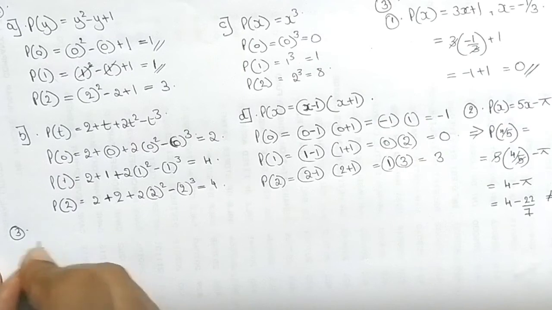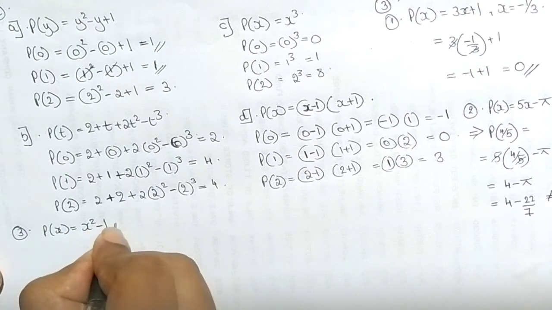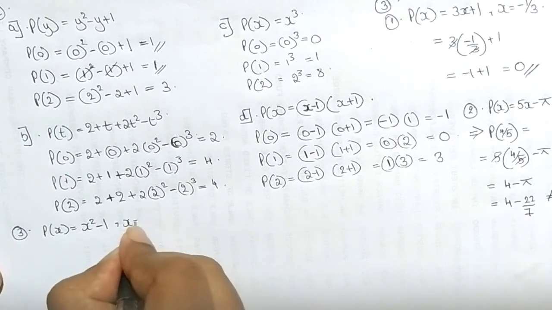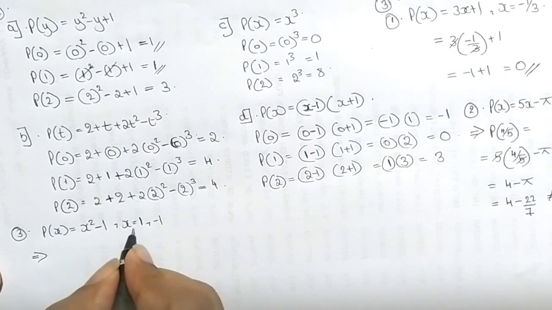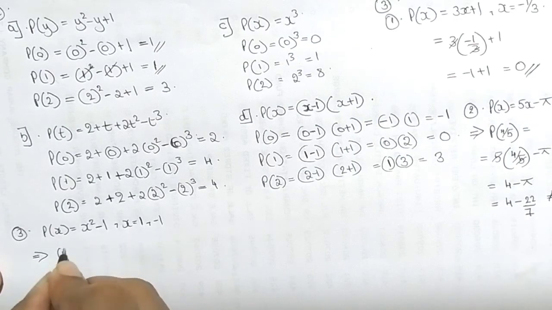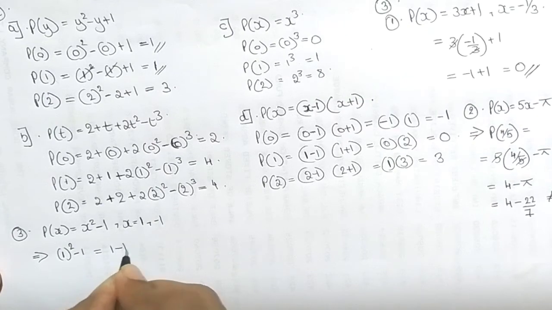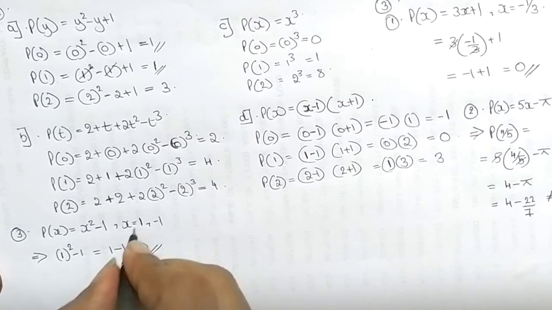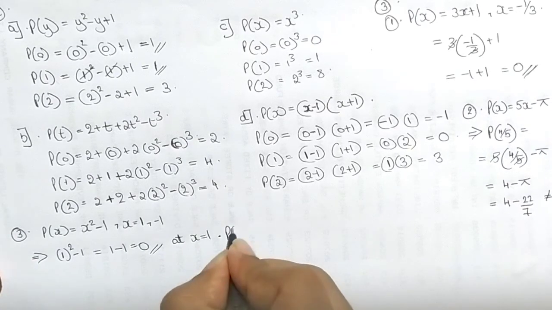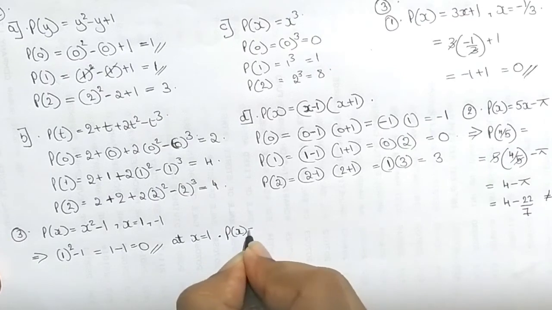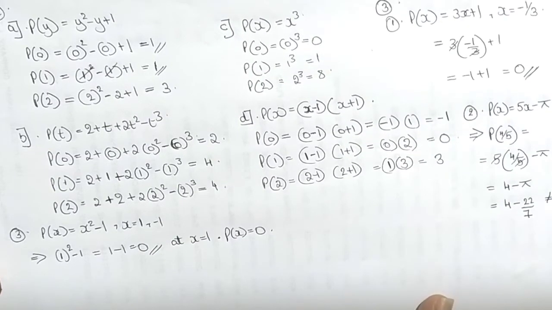Now the third question is given as p of x is equal to x square minus 1. Indicated values of x are 1 comma minus 1. Just check, substitute 1 in this place, that is going to give you 1 square minus 1, that's 1 square is 1 minus 1 going to 0. So at x is equal to 1, it gives p of x is equal to 0. Hence this gives us a 0 of a polynomial at x is equal to 1.